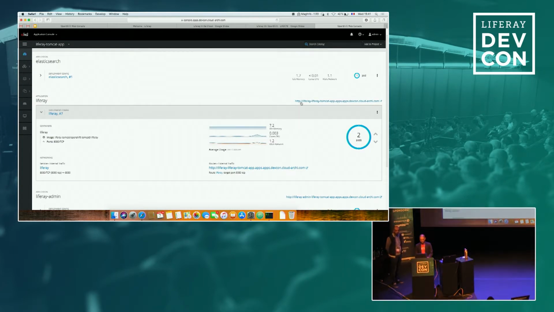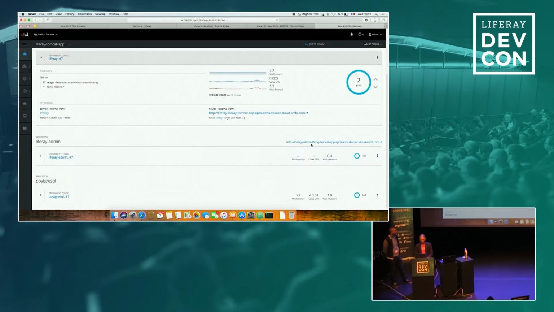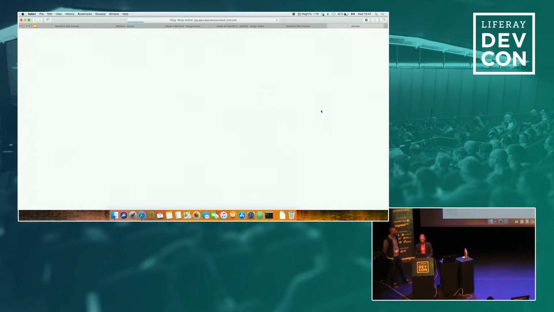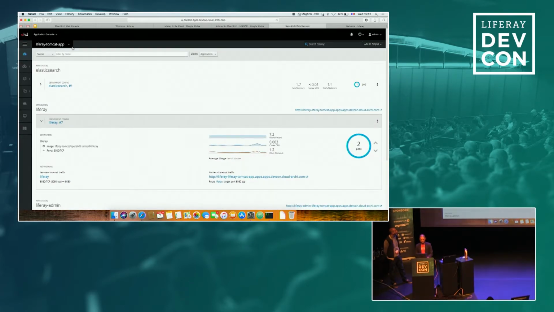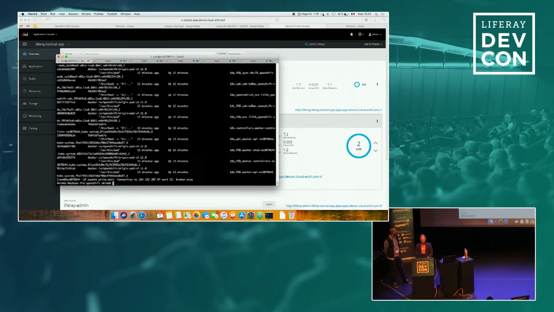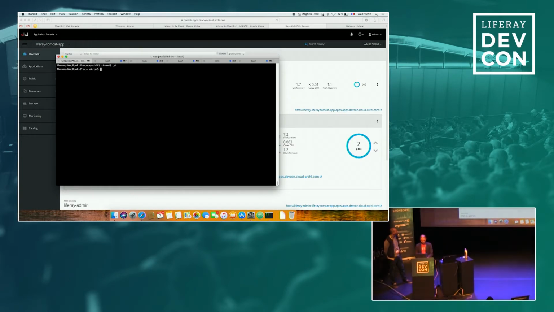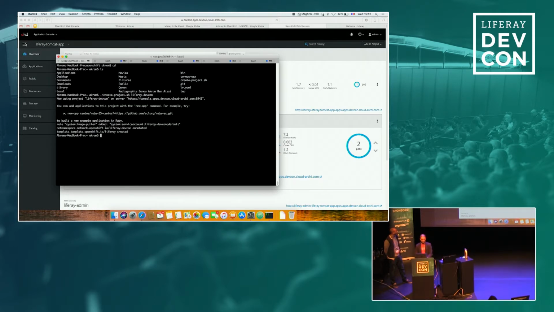What happens if I try to access the application? We have, as I said, a specific route here to access the application, and same here for the admin side. If I try to access the application, it's working. It's here somewhere in OpenShift, and I could do the same thing in another project. I created a small script to create a project. Let's call it, for example, Liferay DEVCON. I did this with a script because I have some permissions to add to allow other projects to pull my images and to prepare the